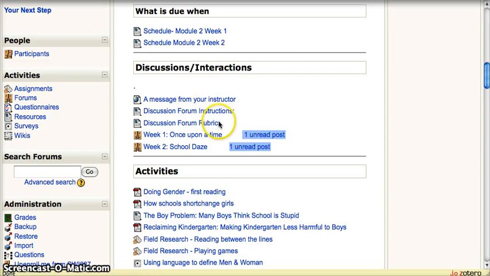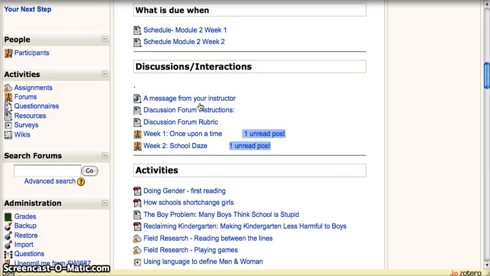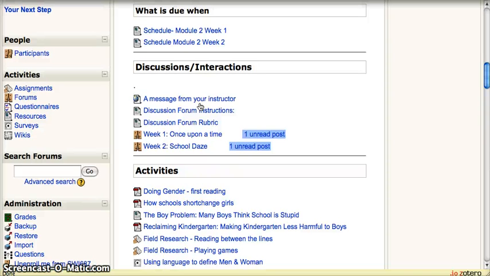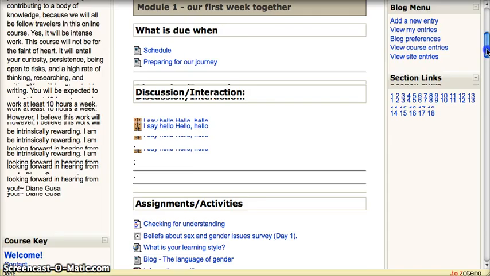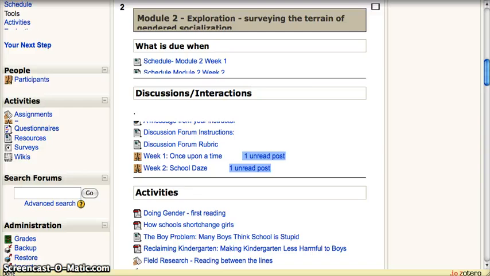So I would suggest that you sequence the items in your module chronologically, so that it's clear what the students are going to be doing in a particular sequence. Or have a note here saying do the readings first, because people interact, especially in Moodle, sequentially.